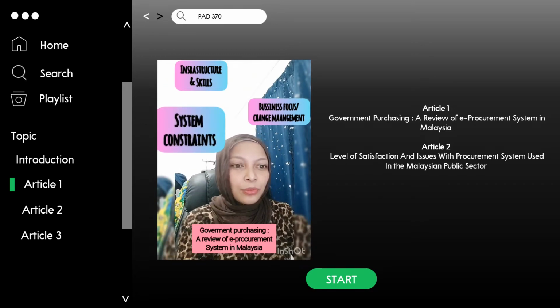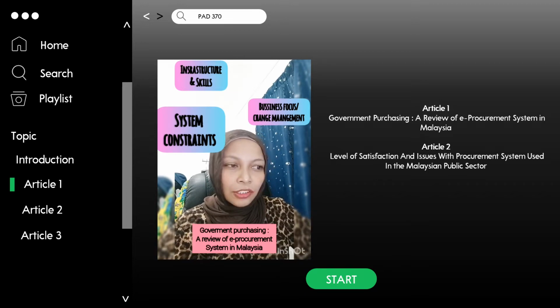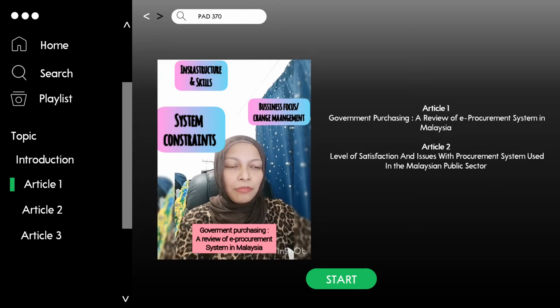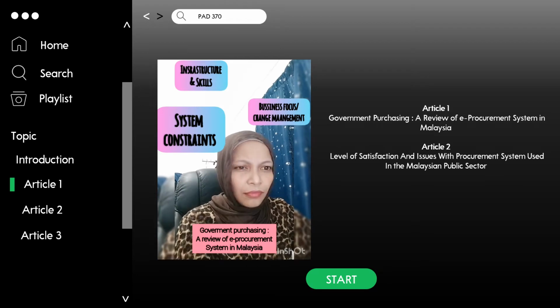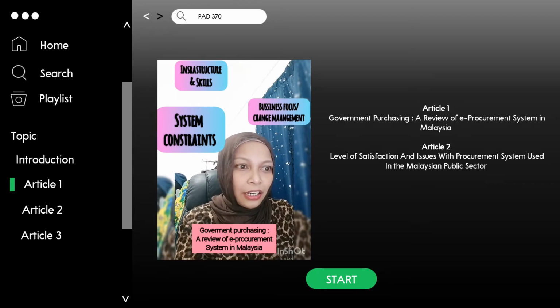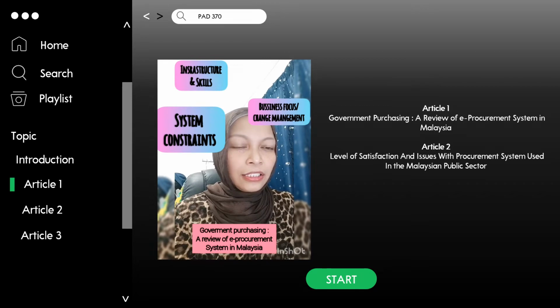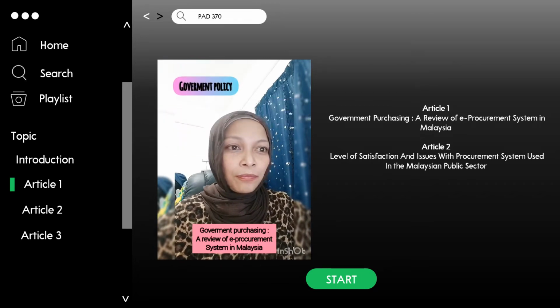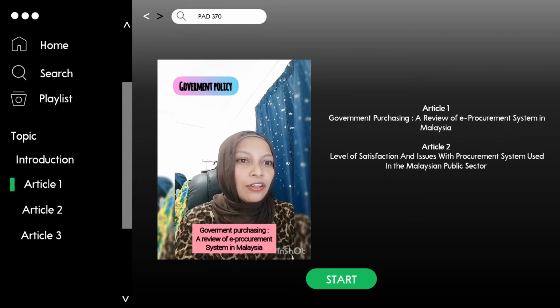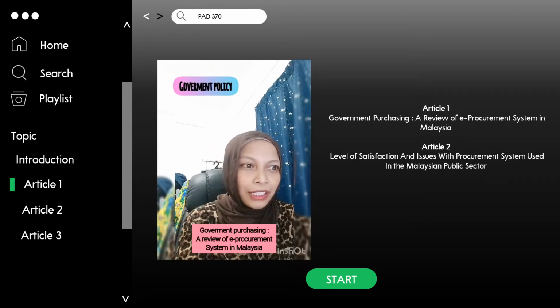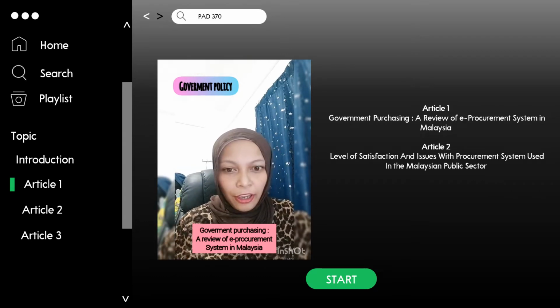And the fourth one is system constraints. The feedback received from the survey also indicates that the system in its current incarnation is not strong in some respects. For example, a supplier registered with the system can only upload 10 product information, and if you add additional products, you have to pay additional payment. Okay, and the fifth issue is government policy. Although the federal government of Malaysia encourages suppliers to use e-procurement, the government can decide whether it's willing to transact with non-e-procurement companies as long as the company is registered with the MOF.